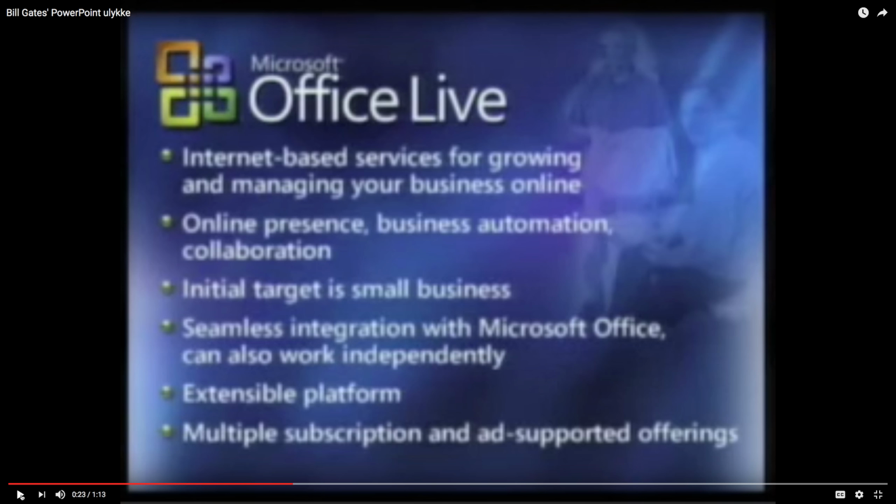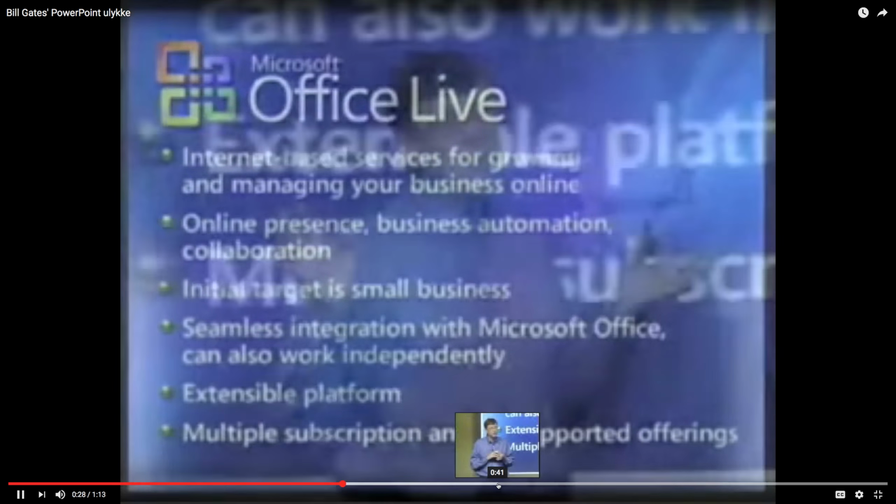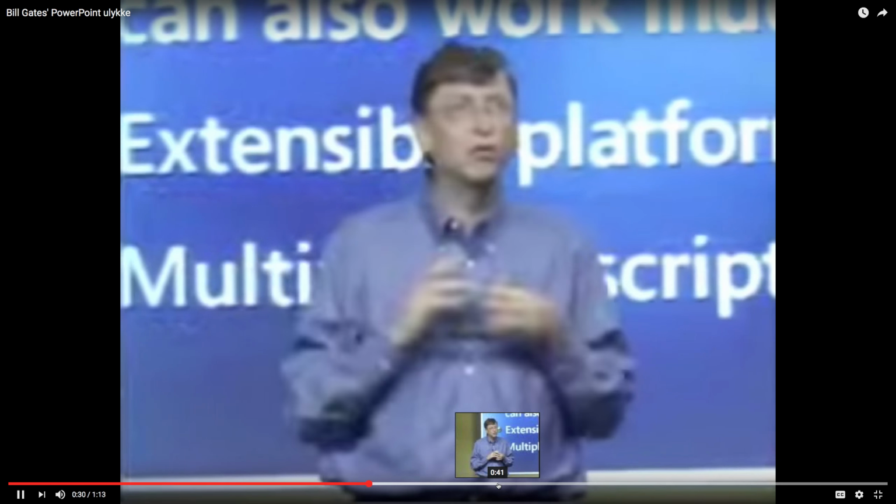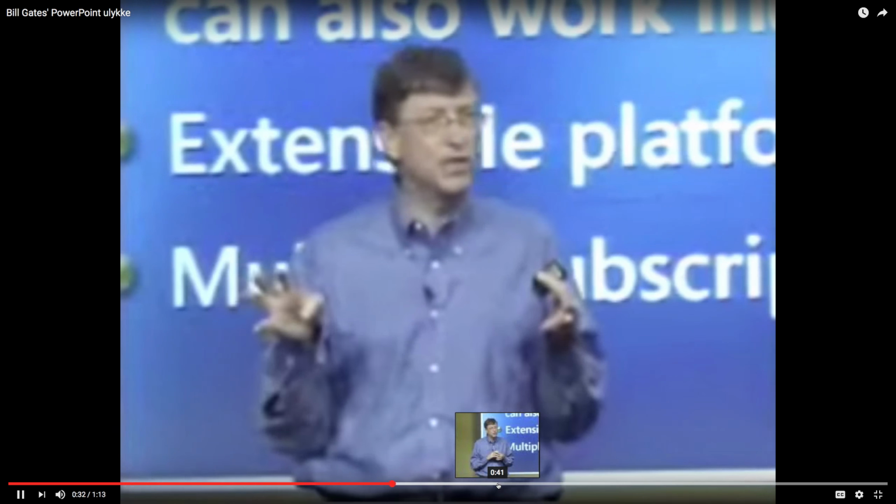They don't even care. They're not cheering that this is a great product. That makes Office more valuable. We have a lot of people who we think will use this. One of the great initial targets is a small business, where the complexity of setting up these servers has been tough for them, and the idea of